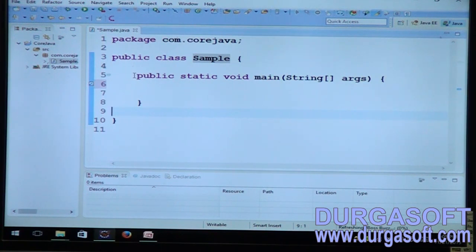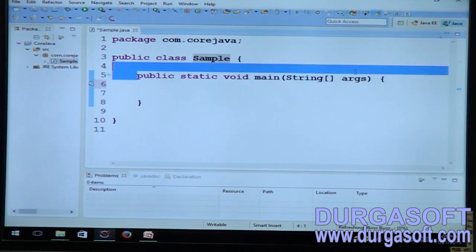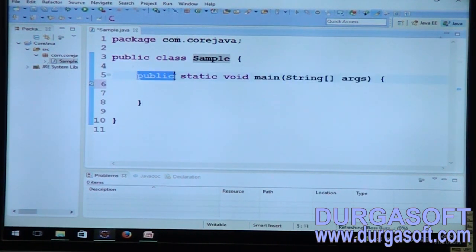And then what I did, team, I checked the checkbox, that is public static void main string args. What is this public static void main, team? This is nothing but a method. What is this public? Public is nothing but an access modifier. What is static? Static is a keyword which we use to provide access for this method. Then void is nothing but it returns a null value. And the method name is the main method, with some arguments. What are the arguments? Those are nothing but the string arguments, team.